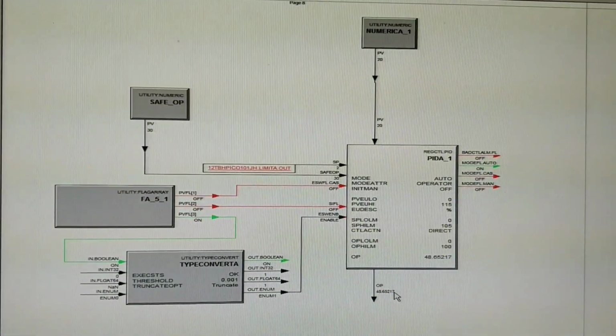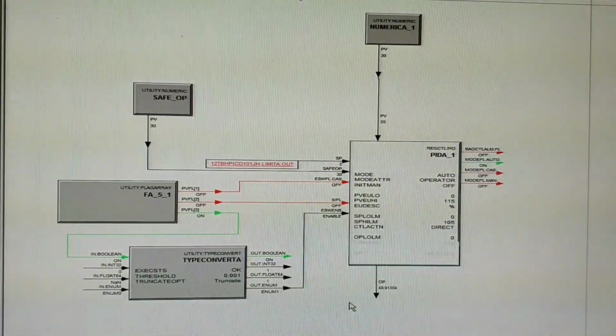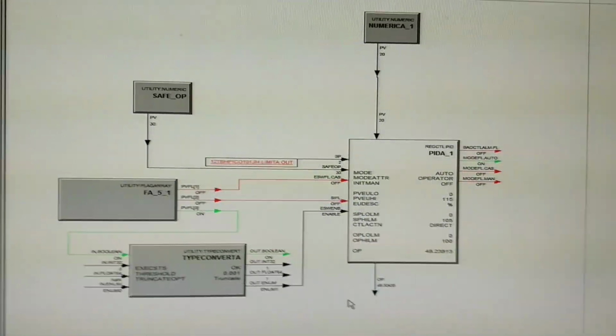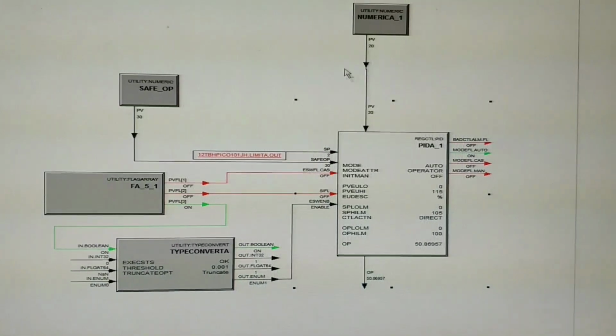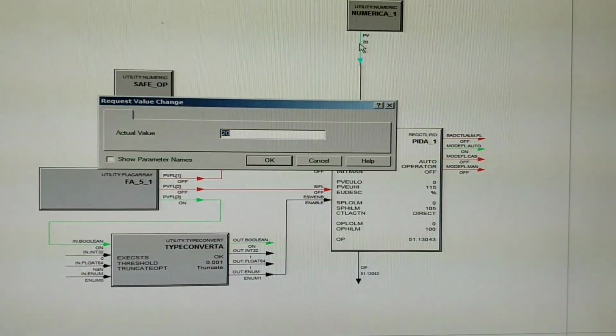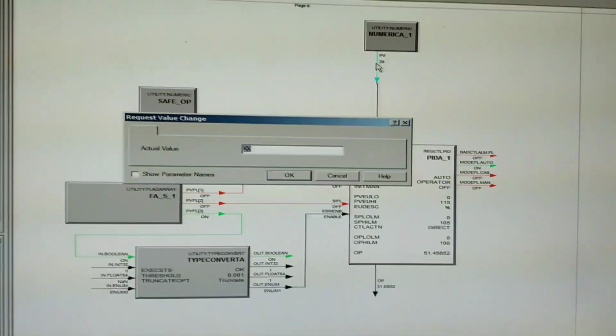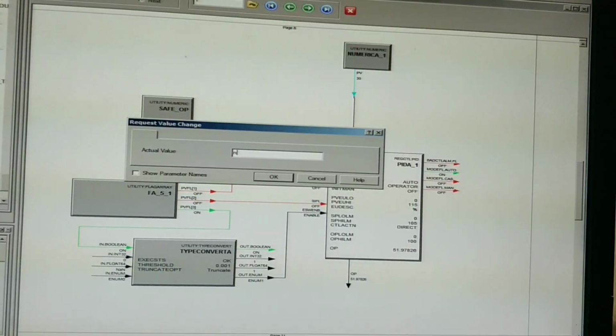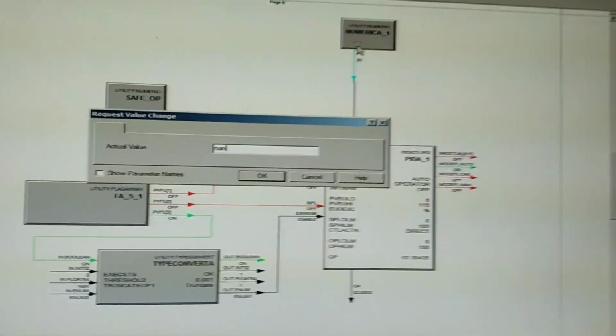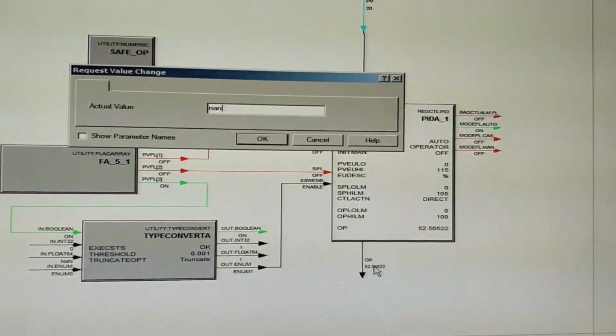Now we will activate the bad control option. That is, we will force this value to NaN. Whenever there is failure in the transmitter, at that time the output will go to the not a number value. So you can see this output must be hold.